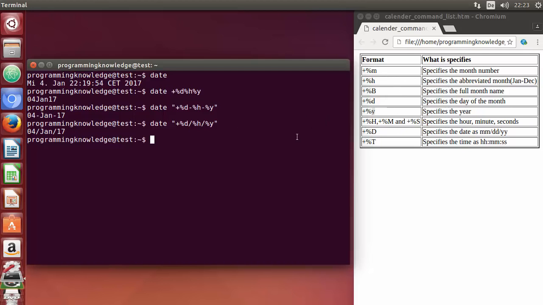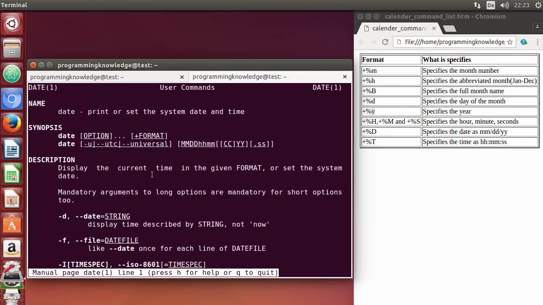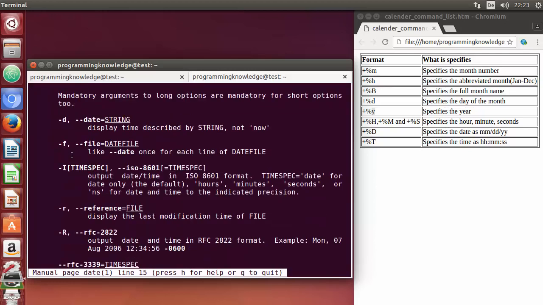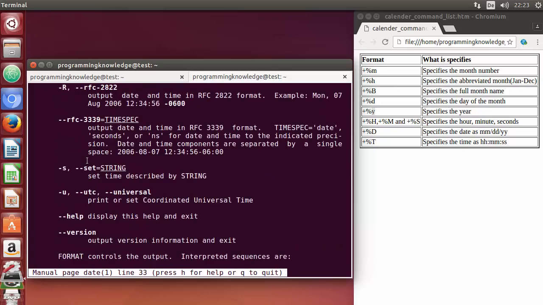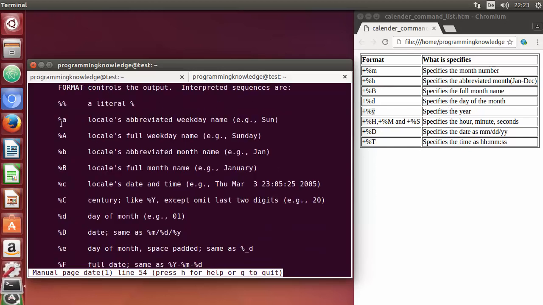Now the date command is really a vast command, and you can do lots and lots of things with it. So let's see the man page, and let's see what else you can do with the date command. So I'm going to just write man date and press enter, and you can see there are so many flags. For example, this --file flag, and -r for reference, and you can see -s for setting the time as a string. And you can see all these